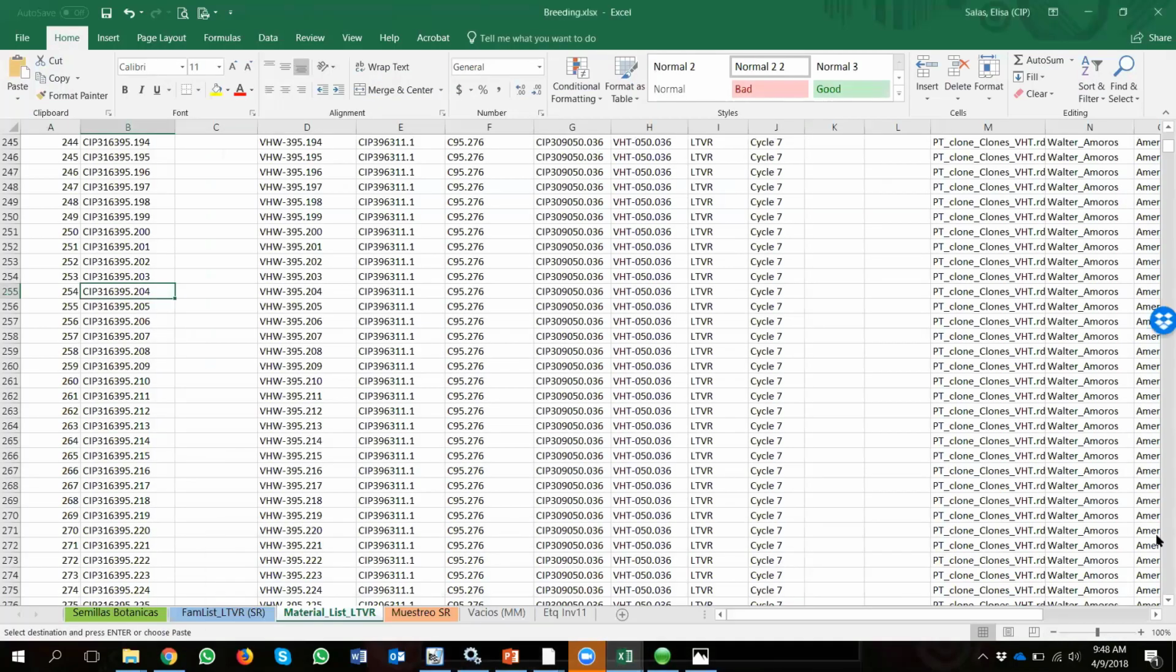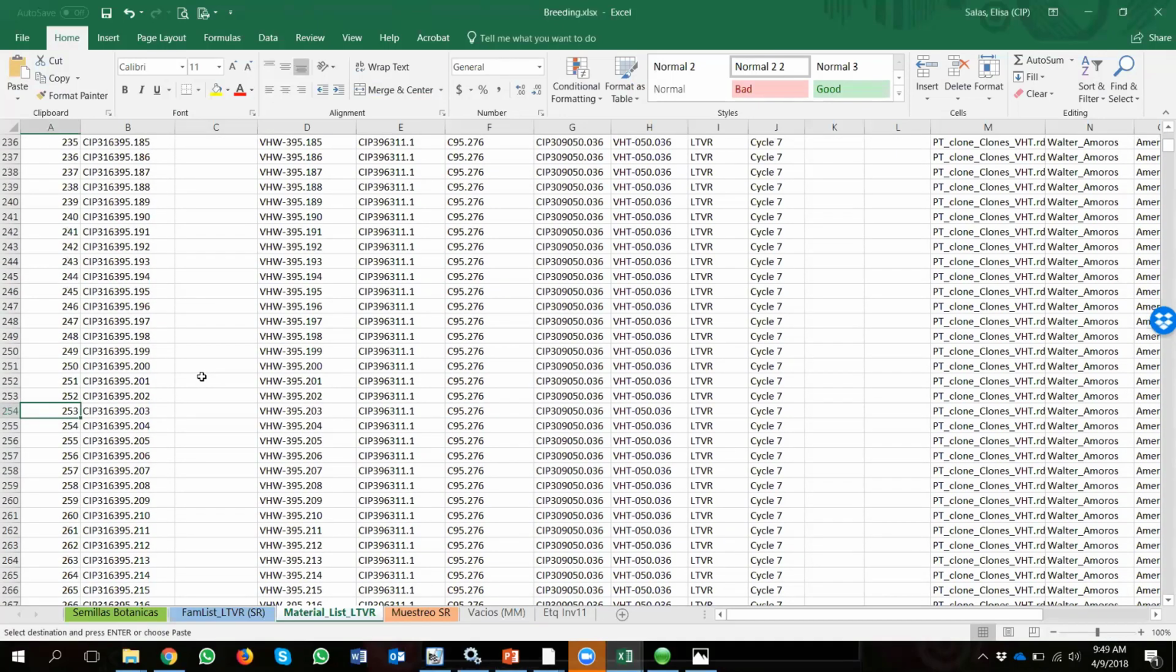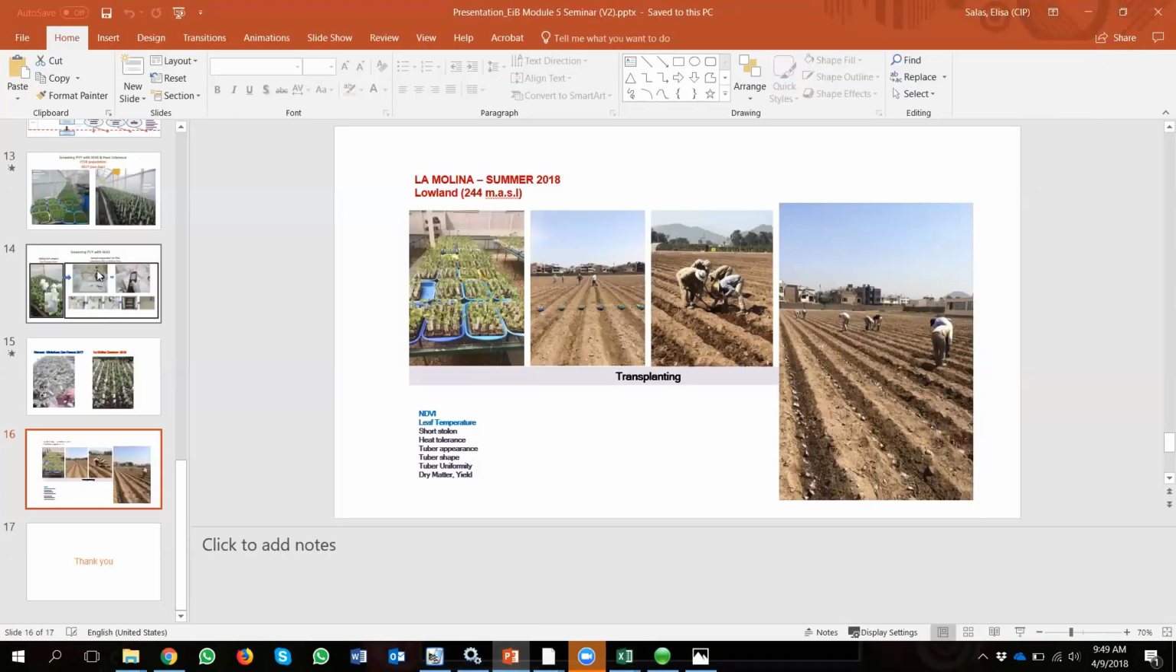And it led us to follow the identification of each clone for all the life of this recurrent cycle of selection in a breeding program. So the idea, like Chiara showed you in the presentation, is that here